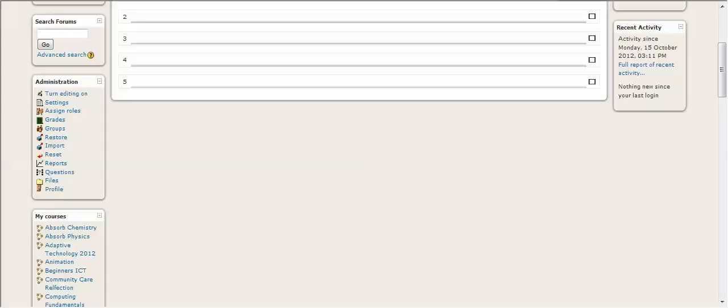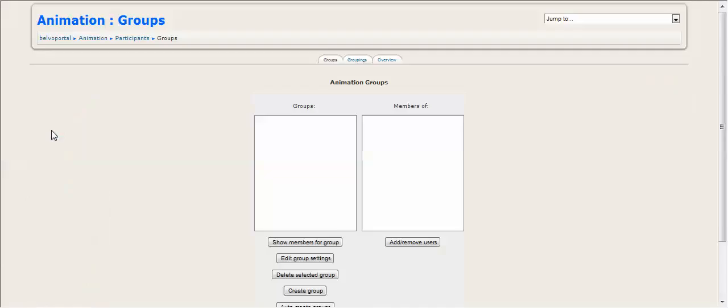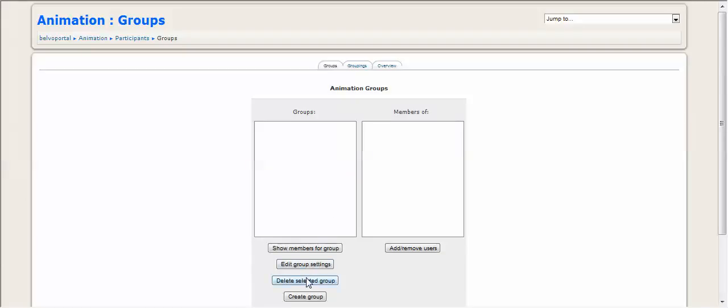Now in the second scenario, you are going to have several classes using one course. So in this situation, you need to set up groups. Under the administration panel, you go into groups. You then set up your groups. So we're going to create a group,